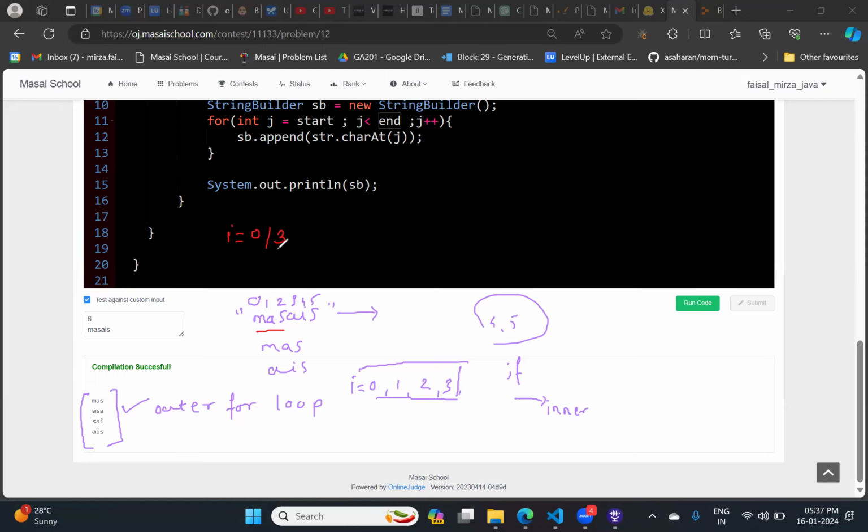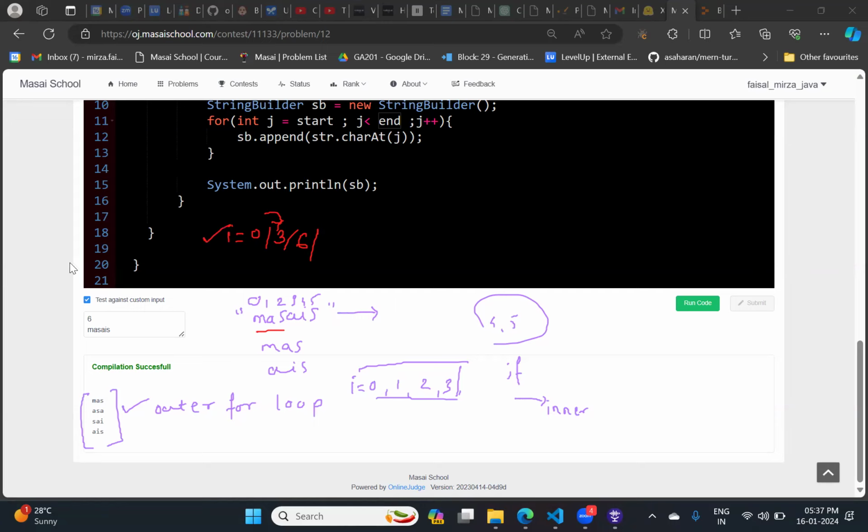Are you getting me? Yes, sir. First, I want you to visit each element through the outer for loop. Once I start with 0, it has to shift to 3. Then for the next iteration, what will be the next value? Next value will be 6. Okay, in this way, the outer for loop has to work.